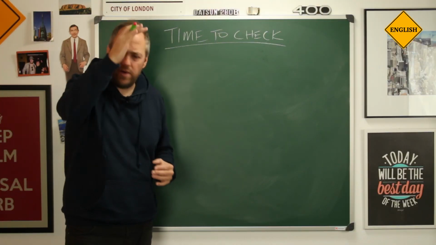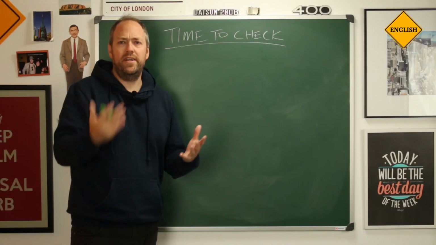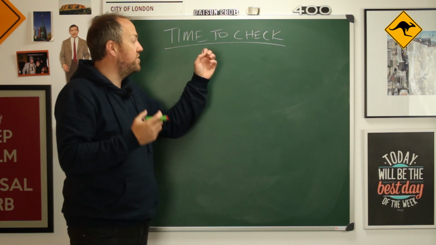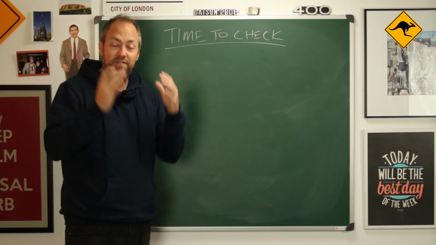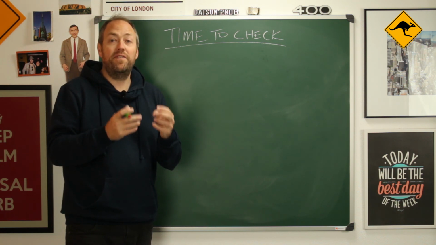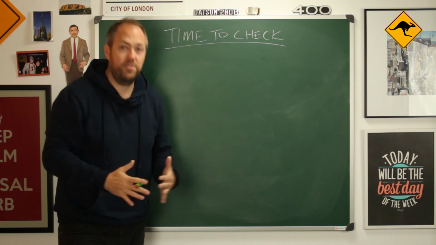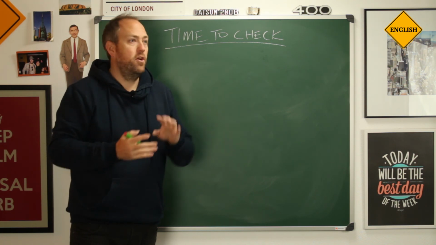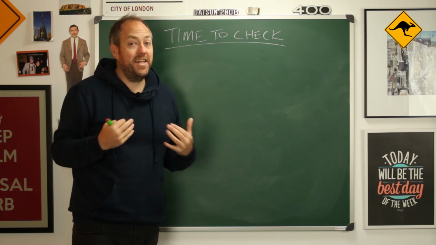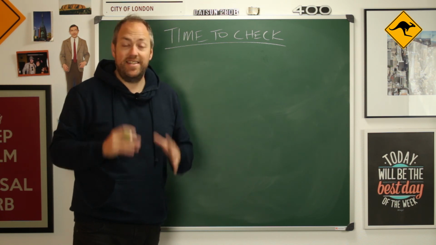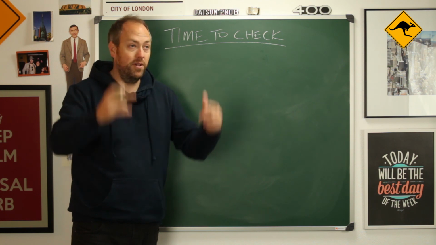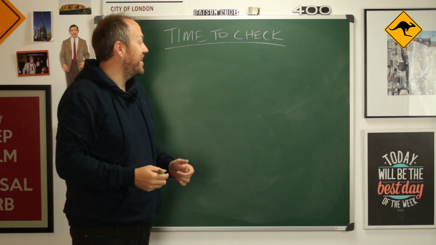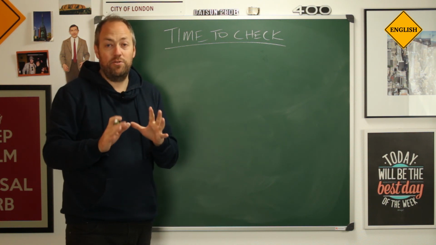So let's imagine that you have just finished writing task 1 and task 2. Your 60 minutes is nearly up. You must have time to check your work at the end. It's very important. Leave yourself enough time to read all of your text and to correct the simple mistakes. Nobody, native speakers, university professors, English teachers, okay, when they write, they make mistakes. It's natural, it's normal. Your brain and your hands are not connected sometimes, okay? So please leave time to check your writing at the end.